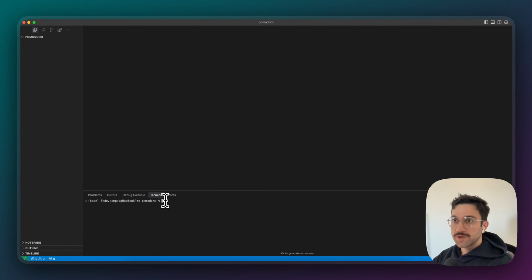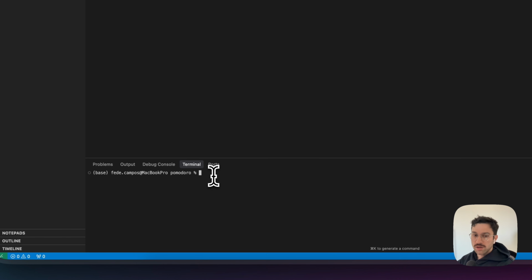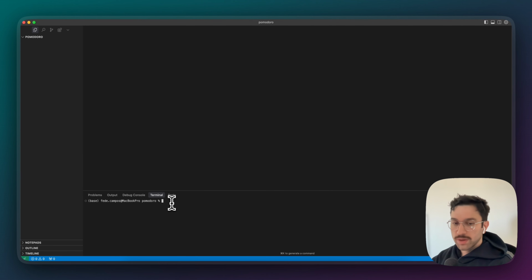So I just opened Cursor. This is a totally empty folder. All I did was create a folder, open it with Cursor, and here I call it Pomodoro because that's what we're gonna build today. To start a project, I don't usually start with the agent because there's so many settings